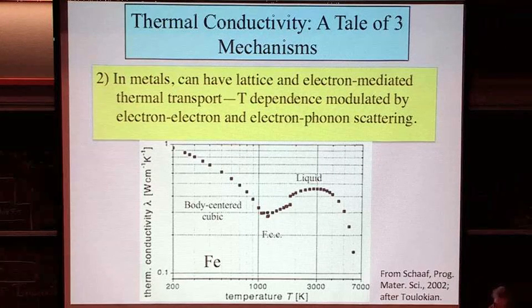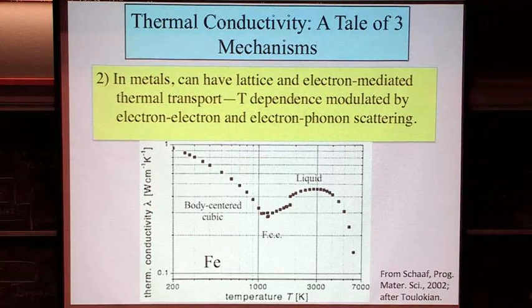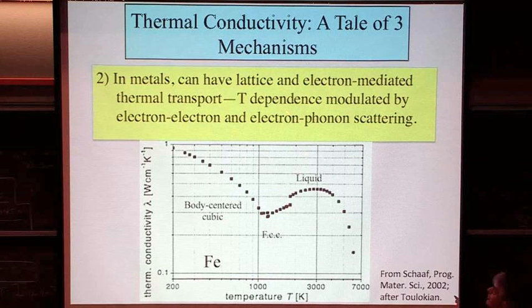There's a phase transition a little over 1,000 K in iron from body-centered cubic to face-centered cubic. This is at ambient pressure, sorry, at high temperatures. There's actually probably, relevant to Michael's question, in the FCC phase, a large component of defect generation that occurs at the phase transition and subsequent annealing that produces this odd temperature dependence. And then the liquid winds up having a dependence which is loosely positive, and in this temperature range probably has a large input from basically ionic conductivity as well, just heat being moved by atoms themselves.